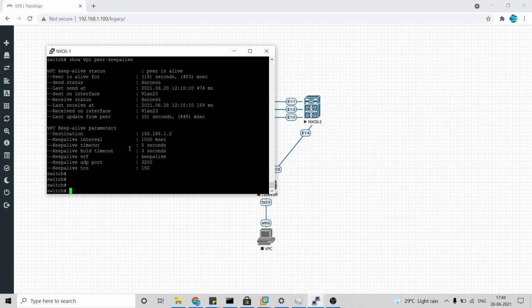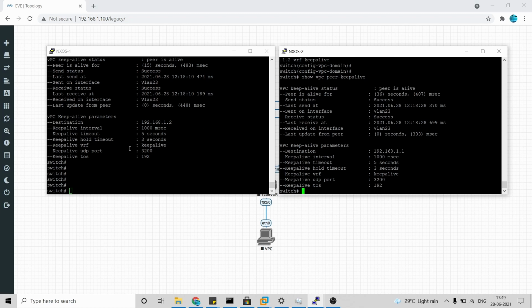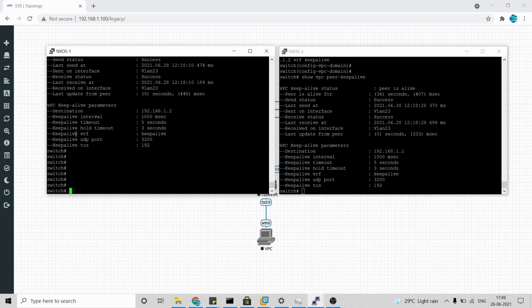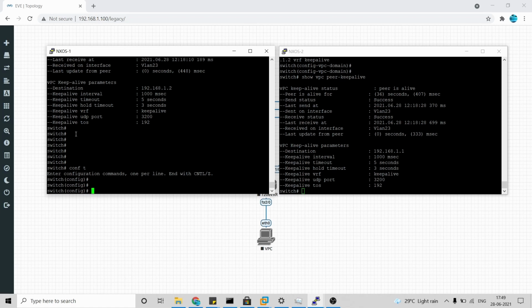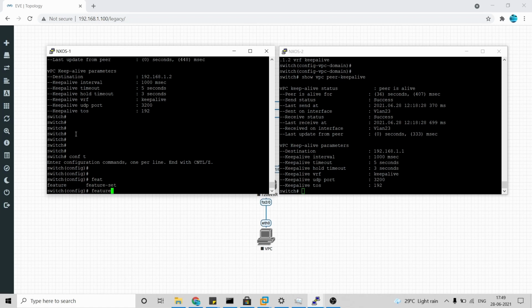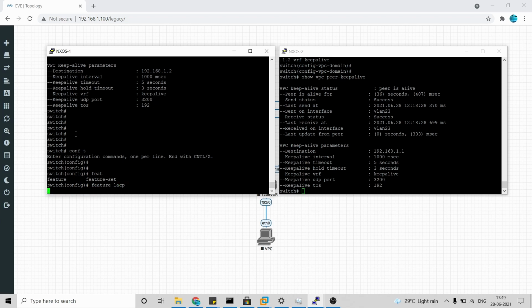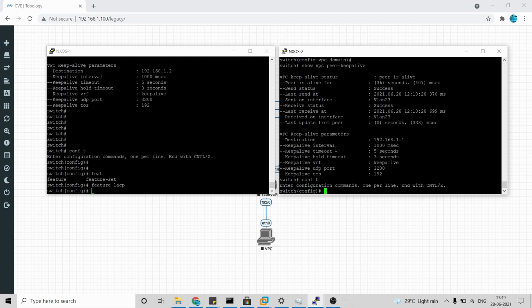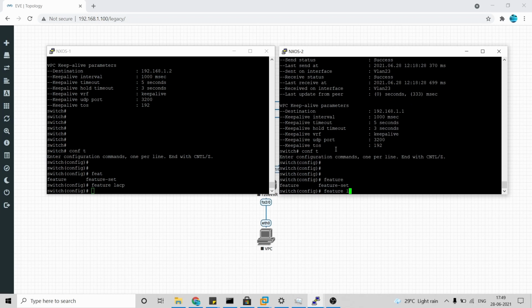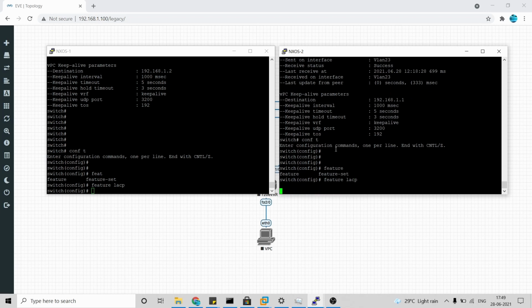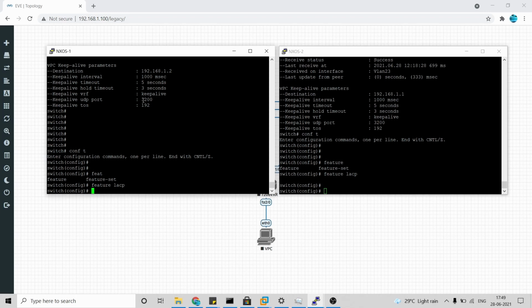Okay, so we'll start the configuration. Again, as I said before, once we start the configuration, we'll have to enable the feature. So the feature here is LACP. We'll enable that on both sides. Feature LACP. Okay, so we have enabled the LACP.